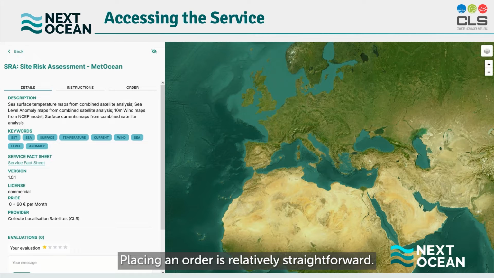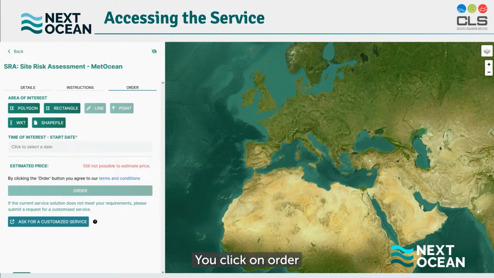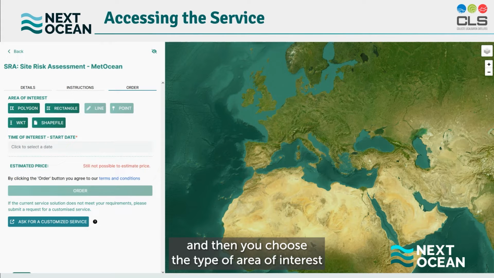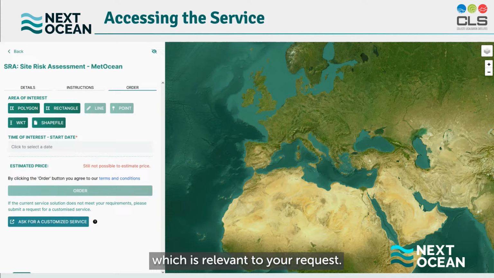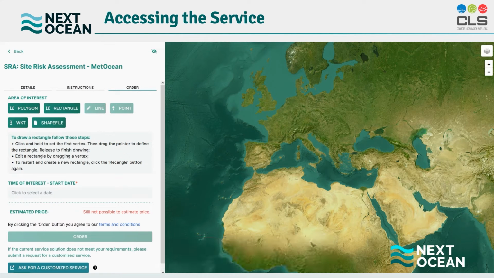Placing an order is relatively straightforward. You click on Order, and then you choose the type of area of interest which is relevant to your request. Here, we will show you for rectangle. You click on the map, select your area,